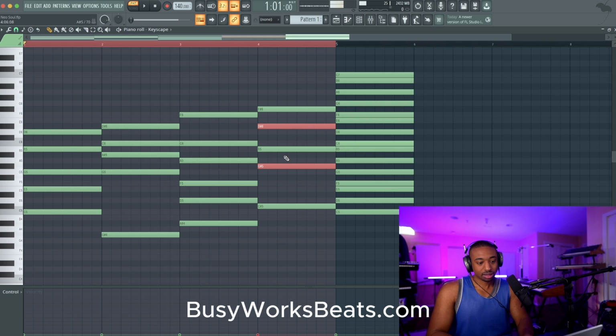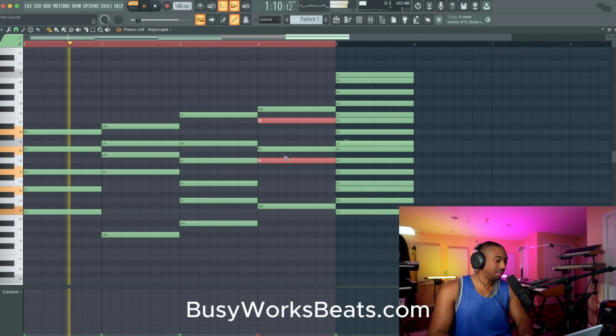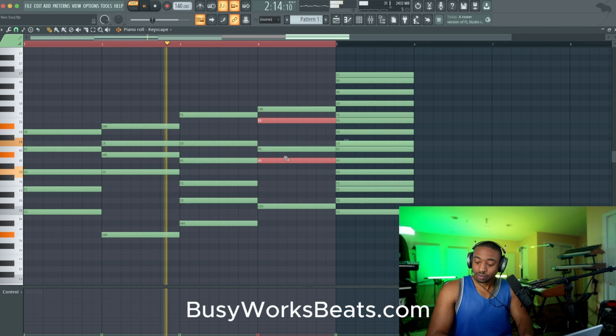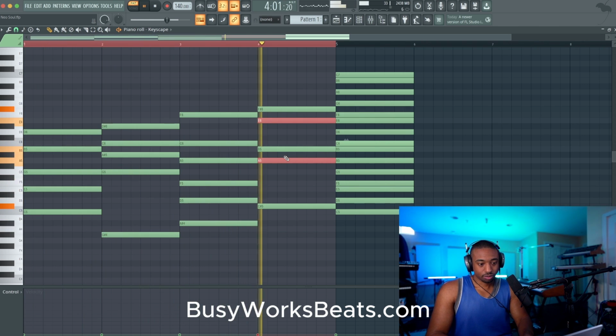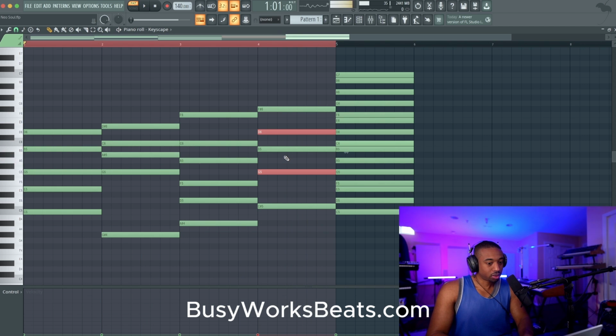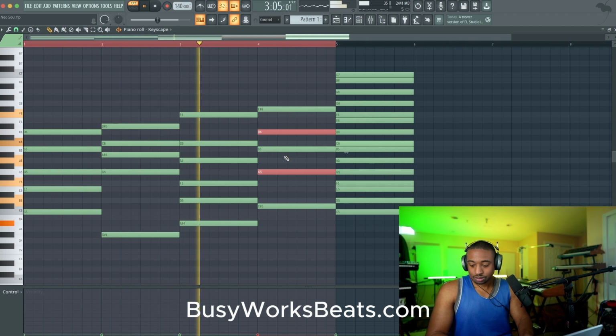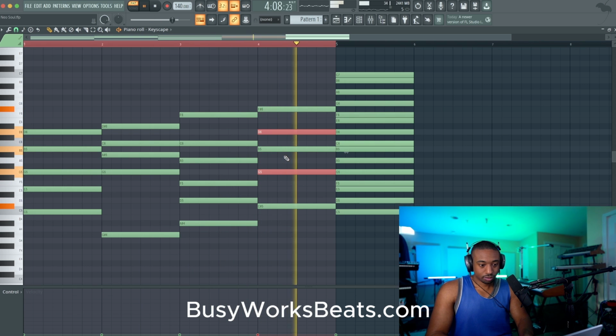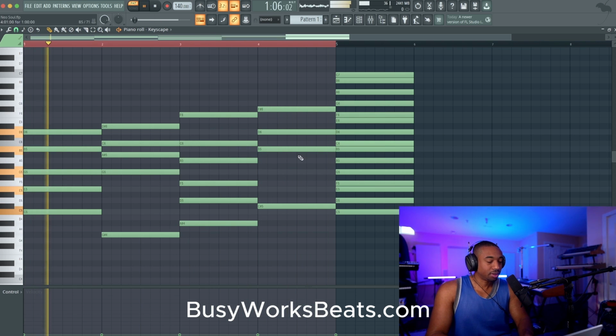have the 7th. But let's sharpen the 5th and 9th, and then we'll flatten it to see what it sounds like. That was cool. It's a very tense sound. Let's pull it. Now we're flattening the 5th and 9th. That adds a vibe, but for this one, we don't need the 5th.